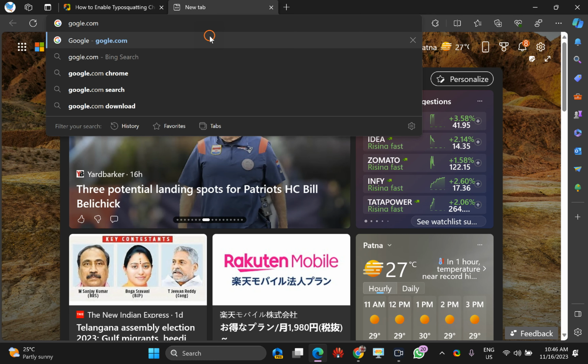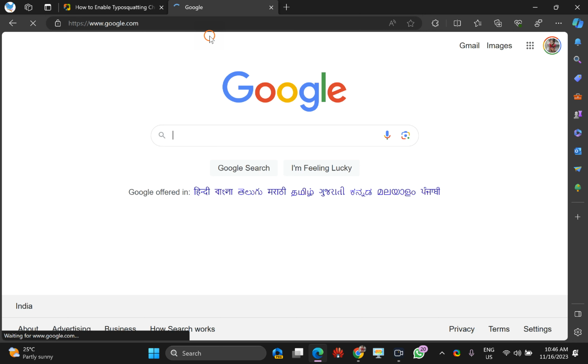When I press enter on the keyboard, it will automatically redirect to the correct page, or it will prompt you asking whether you want to open that page, or you should be redirected to the correct web page. Like this, the feature works. It is a very useful feature.